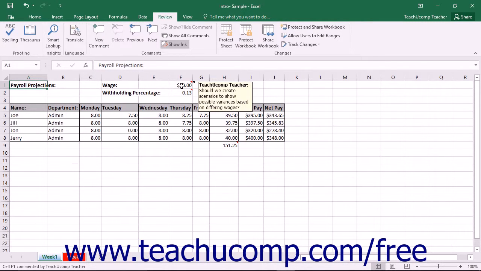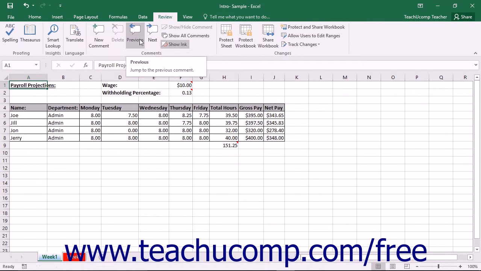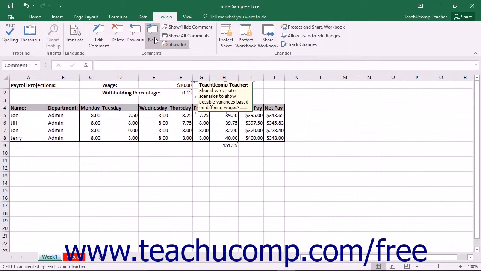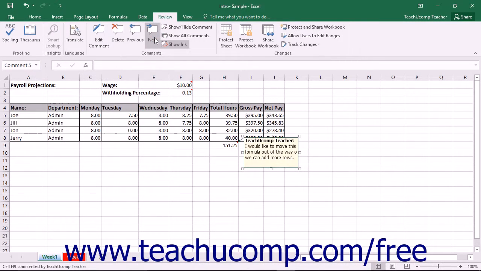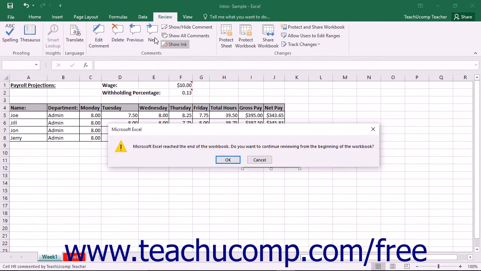The comment will pop up so you can read it. However, if you have many comments available in a workbook, you may want to start at a certain comment and read through all of the comments available. You can do this by clicking either the Previous or Next buttons in the Comments button group on the Review tab in the ribbon to move from comment to comment in the workbook until you reach the end of the workbook. Once you have reached the end of the comments in a workbook, a message box will ask you if